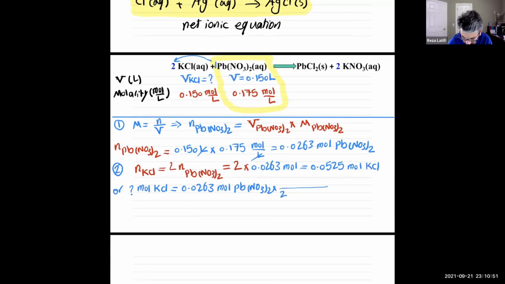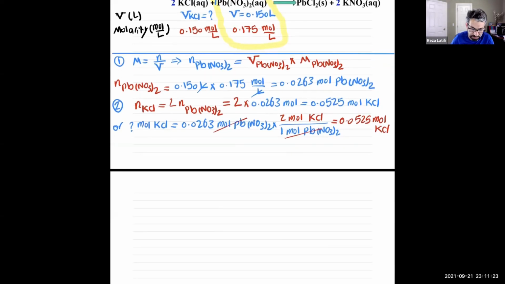to 1 mole of lead nitrate reacts with 2 moles of KCl, and you stop there. You cross mole of lead nitrate by mole of lead nitrate, and it will give you 0.0525 mole of KCl. So I got number of mole of KCl. Okay. Last step, or step 3,